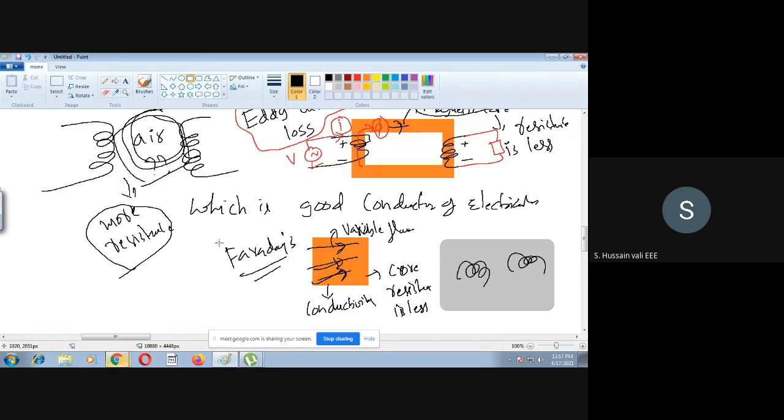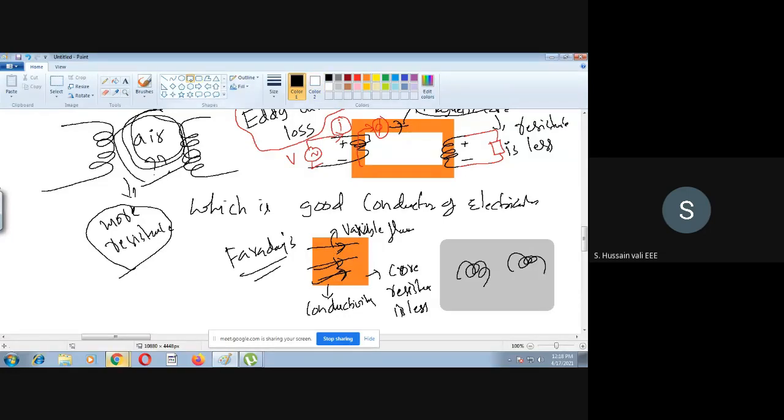So as it is a conductor, Faraday says that if the variable flux is linking any number of conductors, whether good conductors or bad conductors, in every conductor EMF will be induced. When I explained the principle of operation of the transformer, I explained only two EMFs: one EMF in the primary winding, second EMF in the secondary winding. But I did not say anything regarding the EMF in the magnetic core. Now I am bringing this EMF in the magnetic core, because the magnetic core is also a conductor.